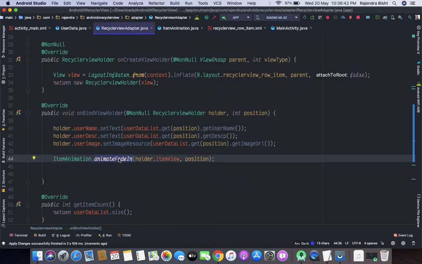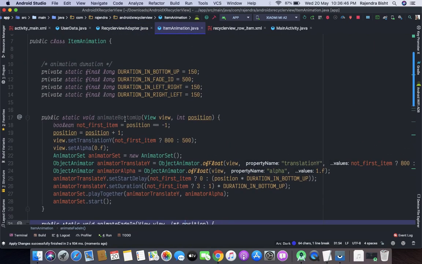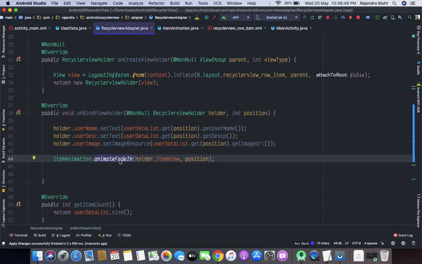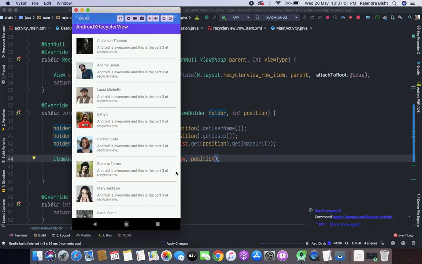Second one is bottom up. So let's try bottom up. So this is the bottom up animation.